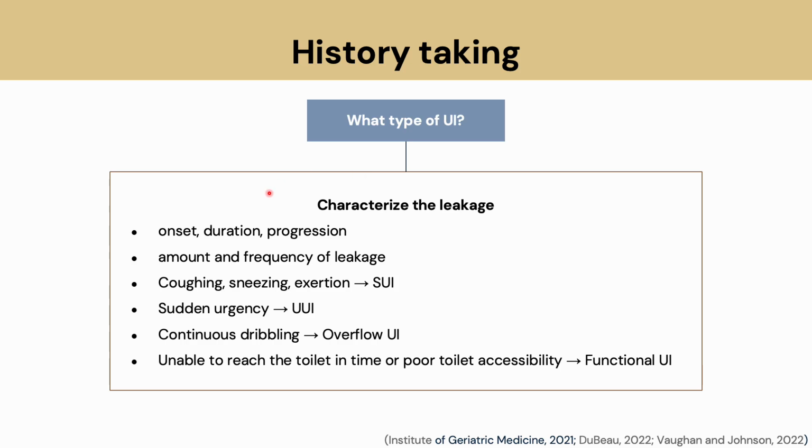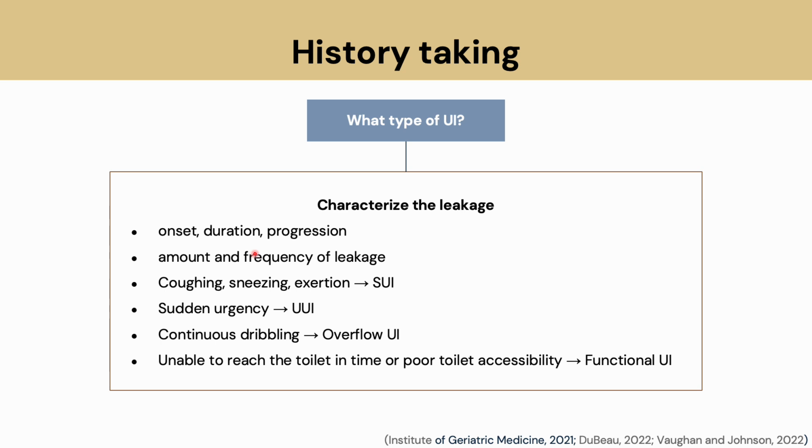Start by characterizing the leakage. Ask about when it started, how long it has been present, whether it has been getting worse, how often it occurs, and approximately how much urine is leaked each time. Then look for the characteristic pattern of symptoms. Leakage during coughing, sneezing, laughing, or physical exertion suggests stress UI. Leakage that is preceded by a sudden, compelling urge to void suggests urge UI. Continuous dripping or persistent small volume leakage is